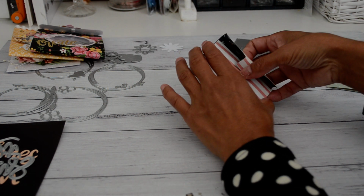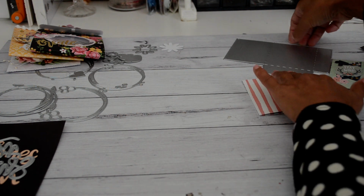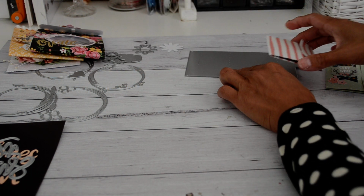So again, this is another fun die as well. I really like this die, and that's this one here. So it is a good little size, and I do hope you enjoy all these projects that I've shared with you using these dies,